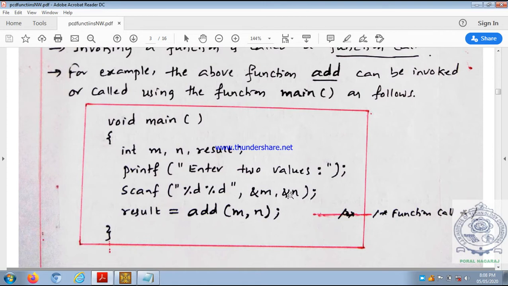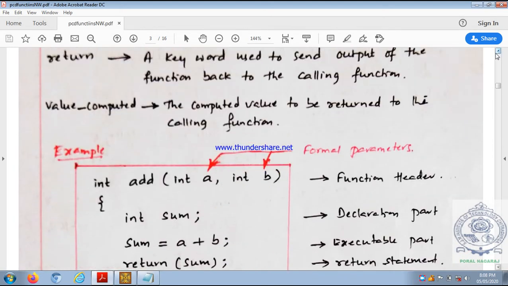I will have stored values of m and n here. So that's why I will call that function add m comma n. Okay, so this is called function call. Here add m comma n is called function call. So whatever, say for example here scanf m comma n, I will say m value is 10, n value is 20. So 10 and 20 you have typed through the keyboard. Now result assigned value add m comma n. So add m comma n means m value 10, n value 20 will be passed to add function. So this is the add function. M value will be copied into a, n value will be copied into b. Now value of a is 10, value of b is 20.